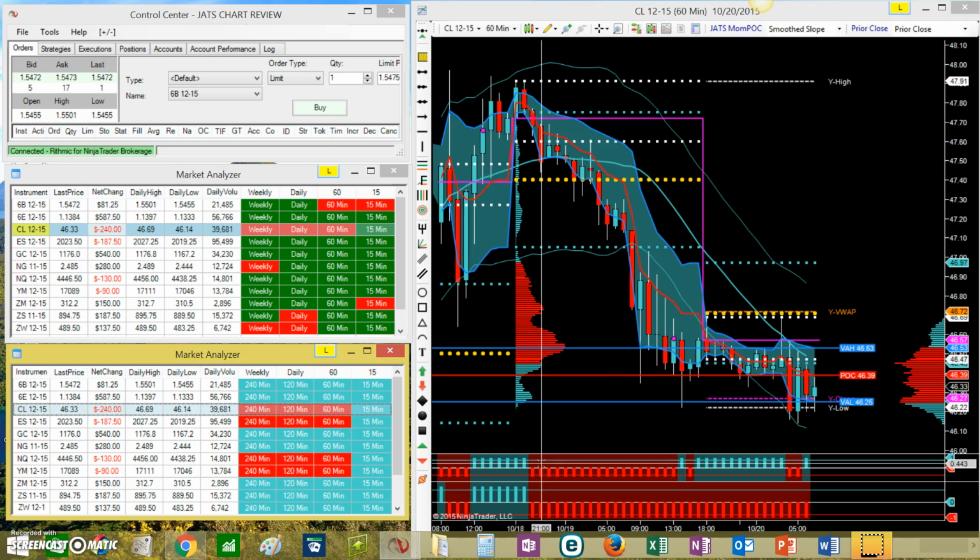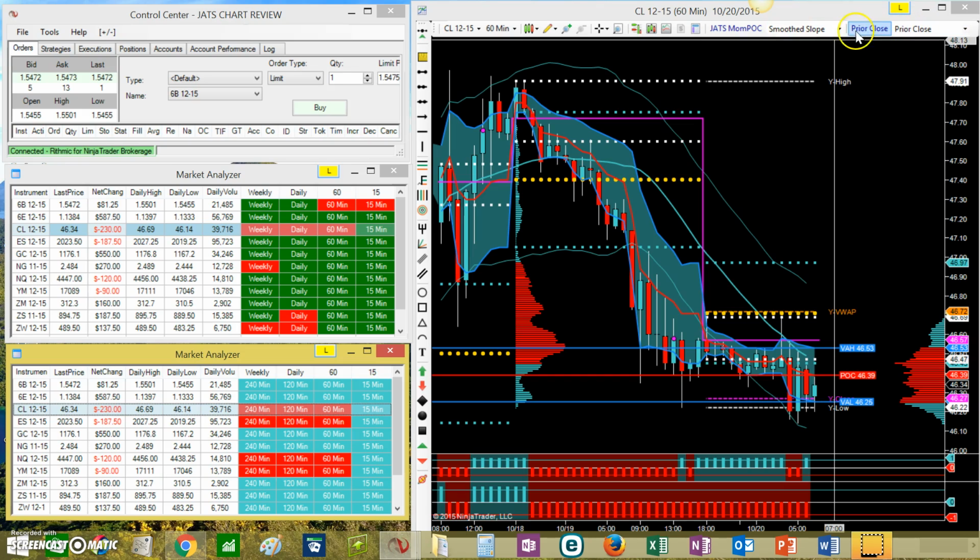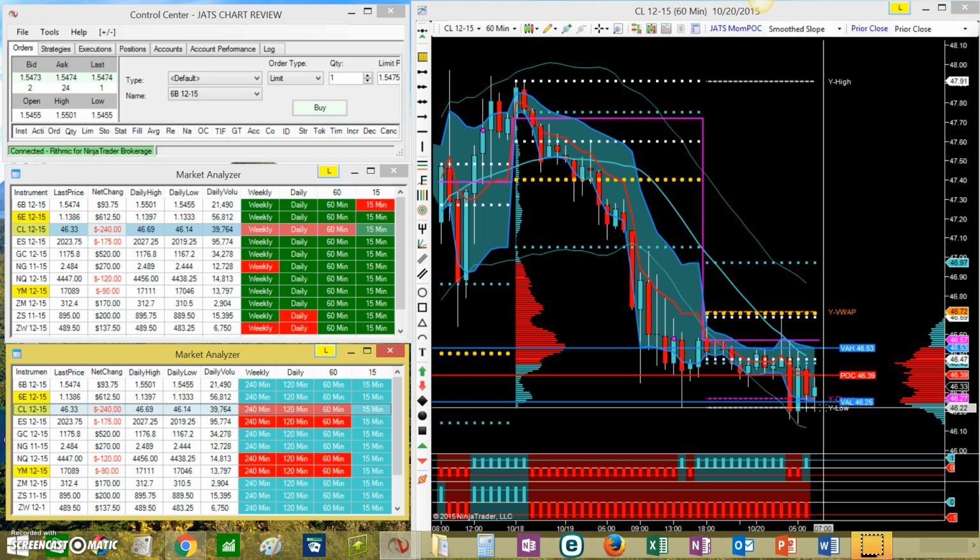So I am showing current price on the 240, 120, 60, and 15 relative to yesterday's closing price to get a bias. And that is like my direction guide. I've narrowed it down just to the prior close for simplicity's sake for my chart review. When I'm trading, I like to know where current open is relative to prior close, also as an additional filter, and my 8 EMA filter also for my current price. But for a chart review, just to see where we are in the market, it's nice to have a bias and a trend, and how I can easily put this together for a game plan, knowing that crude is